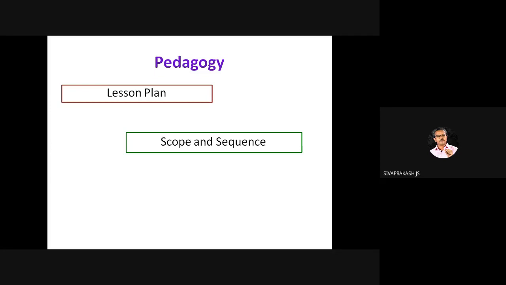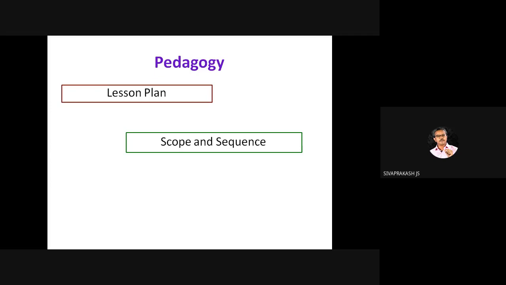So that's called a lesson plan. Scope and sequence is prepared once in a semester, once in a term. It has only three columns: a date, the subject or chapter which has to be dealt with, right, and the breakup of that. That's it. Scope and sequence cannot be changed. Once it is written and submitted, that's it, right? It cannot be edited. But for next year, you can improve that. That is different. But once you have prepared, that's it.